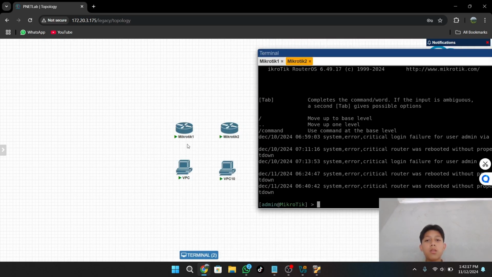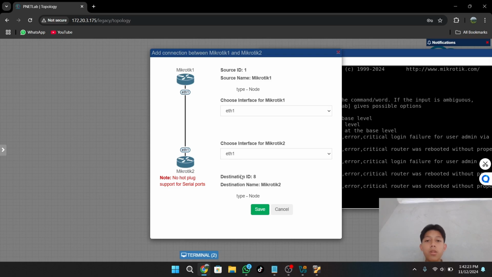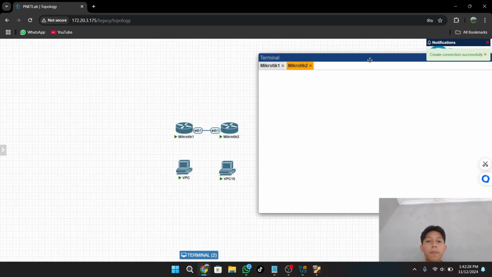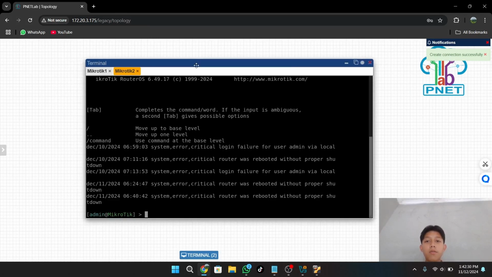First, you can connect MikroTik 1 to MikroTik 2 using another interface, for example, and if done, you can configure the IP.